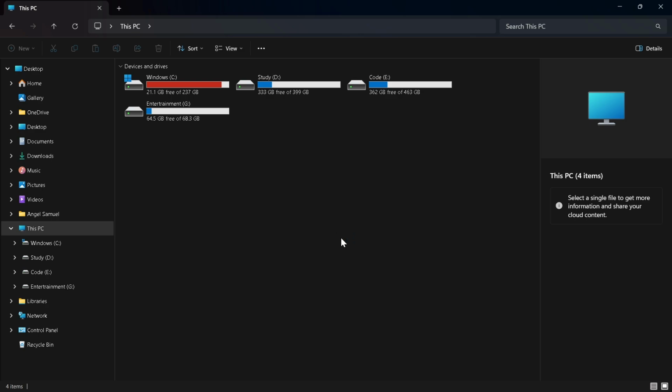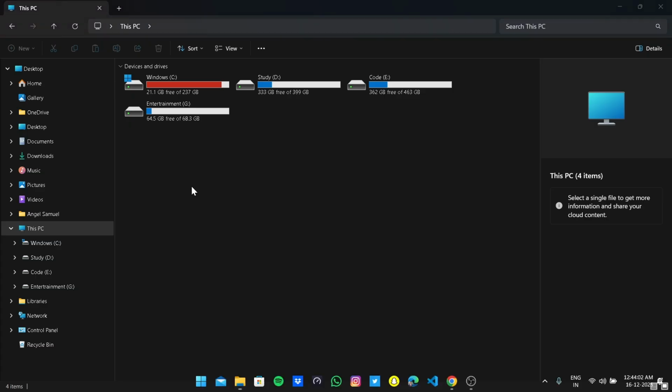Hello everyone. In this video, you will learn how you can clean up your C drive. So here you can see my C drive storage is only available 21.1 GB out of 237 GB. So let's clean it. For cleaning this, press the Window key